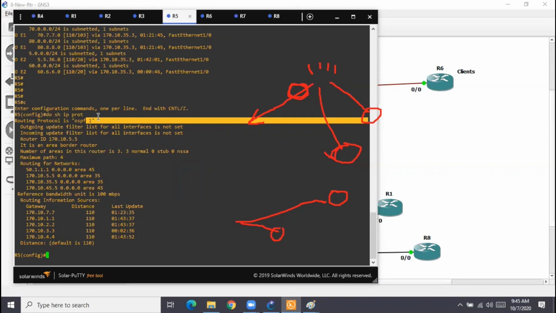Of course there will be some tasks that are required from the beginning, but routing you will never get from the beginning. It will be pre-configured.